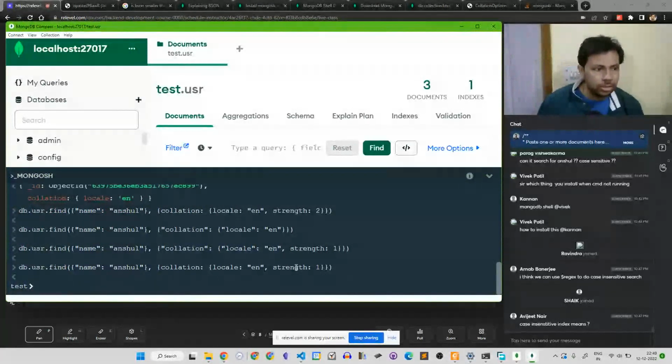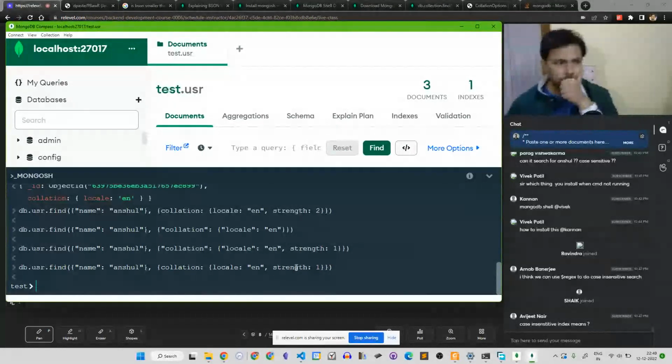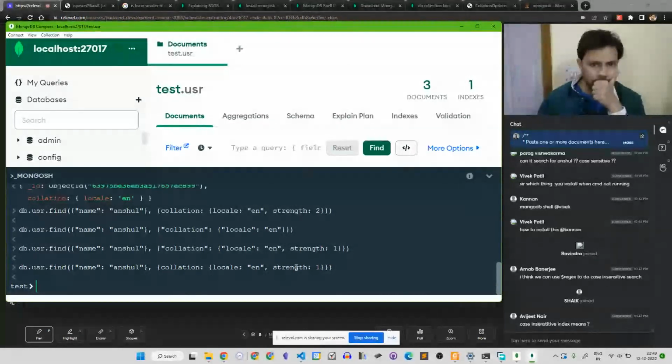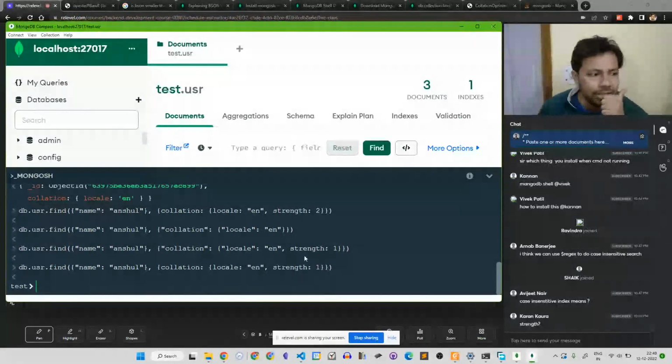Am I making a spelling error? Strength 1, that is correct. When you define strength as 1, it means you are insensitive. If you define strength as 2, it is sensitive.